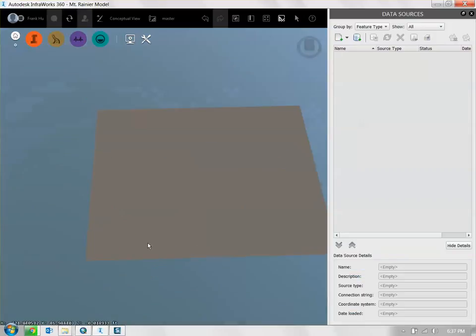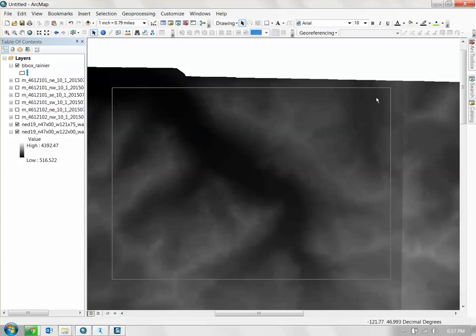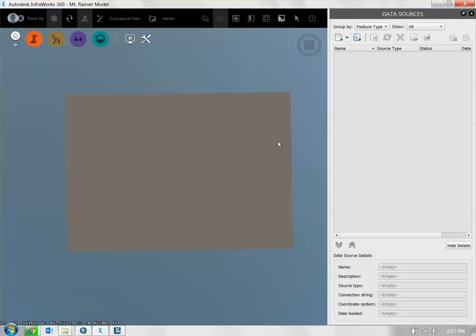So what we have here, if we look at it from top view, is basically the user interface of Infraworks in a nutshell. There should be a little view cube in the corner, like what you'd see in AutoCAD or Revit, and you can see the north, east, south. This box here, if you go back to ArcMap, is the exact size of this box. So this is what we set up in ArcMap, and this is what we brought into